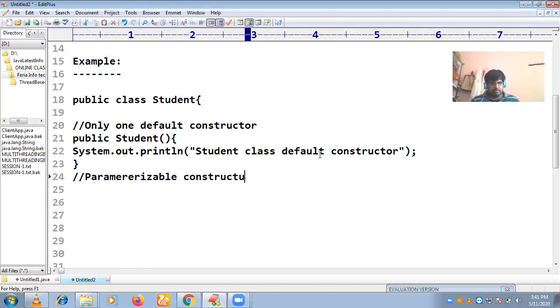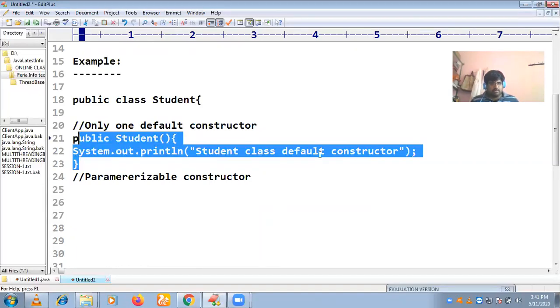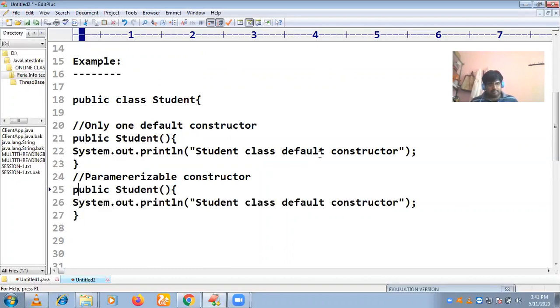A parameterized constructor must contain at least one parameter. It may be any parameter. This is the Student class parameterizable constructor.